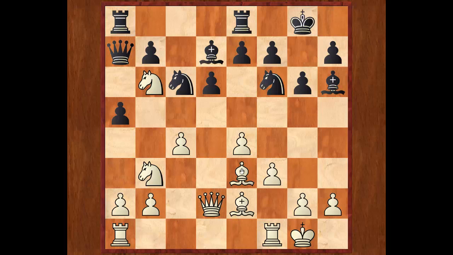So after bishop into h6, I think black will just take queen b6, and after bishop e3, I don't deny that white has an advantage here. He does have an advantage, but black has retained material equilibrium, and, well, it's just a small advantage for white. Hence over here, after bishop h6,